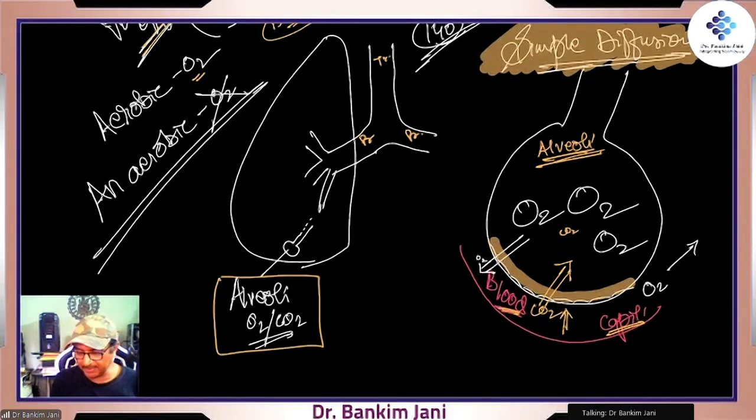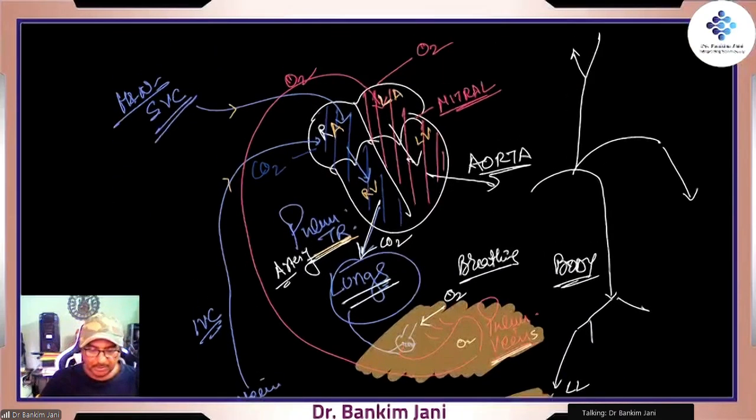So blood which is coming up has a large amount of carbon dioxide because it has come all the way from the body, right? It is here with the expectation of oxygen. So oxygen is given and the carbon dioxide is taken. This carbon dioxide is thrown out during expiration, right? And this oxygen goes into the capillaries and is carried to the rest of the body. So that continues. Over here, this was a complete circuit, right? We'll be calling it a circuit.